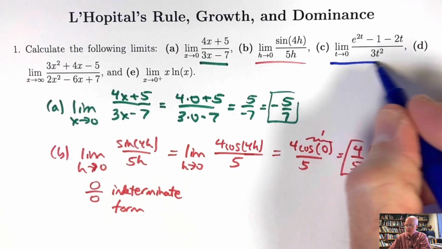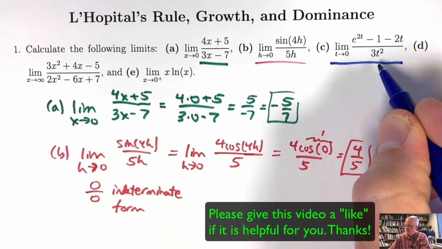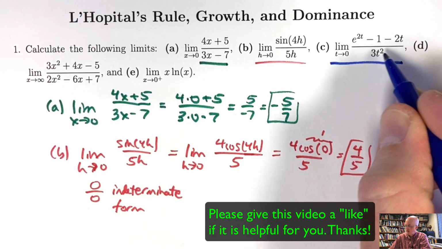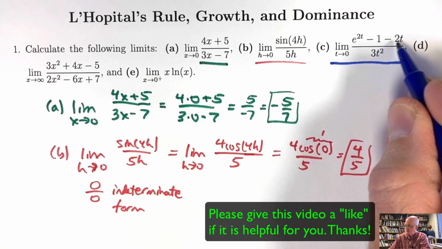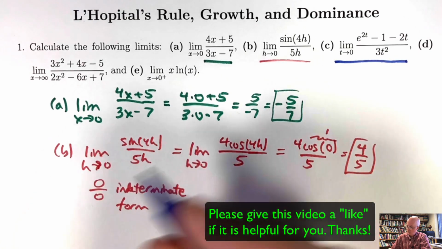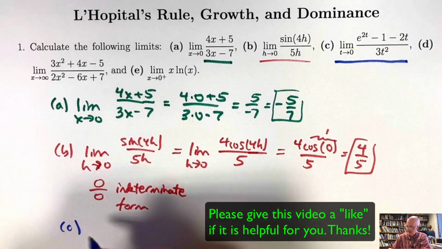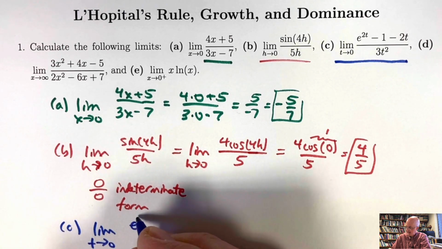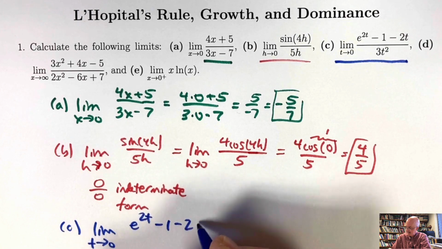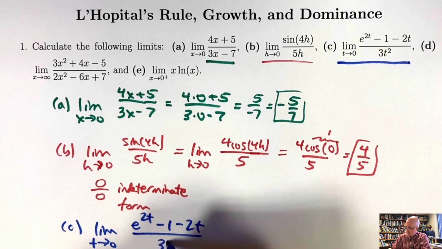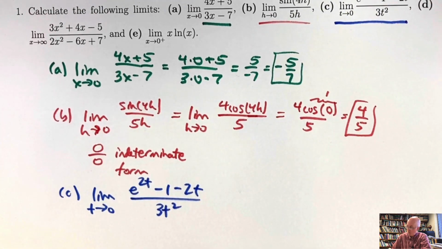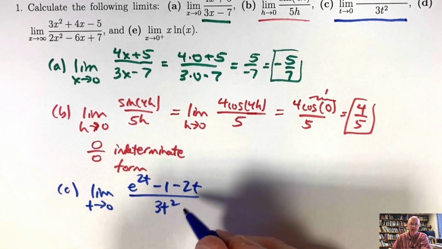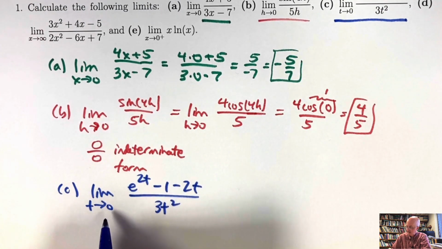This one looks kind of complicated. The limit as t goes to 0 of this ratio, e to the 2t minus 1 minus 2t all over 3t squared. Once again, check to see, does L'Hopital's rule even apply? Can you try using it? Is it an indeterminate form? Yes, it is. Why? Because both the top and the bottom are going to 0 as t approaches, in this